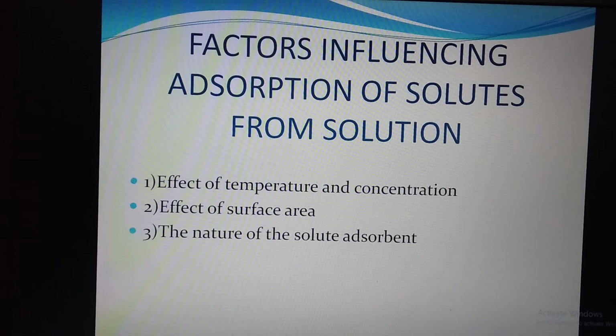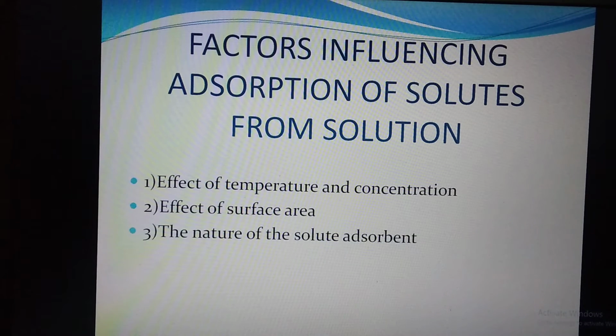Okay guys, it decreases with rise in temperature and decreases with concentration of the solution. This type of adsorption is known as negative adsorption,